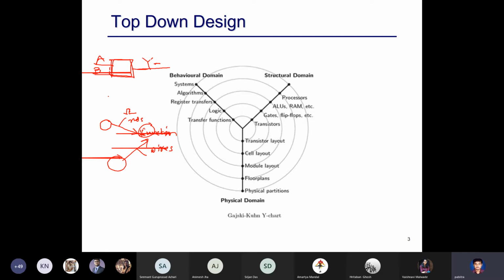So these are kind of variables and these are functions. These functions are called modules. This is a module. These are called modules. And modules have ports. Modules have ports as a port list.